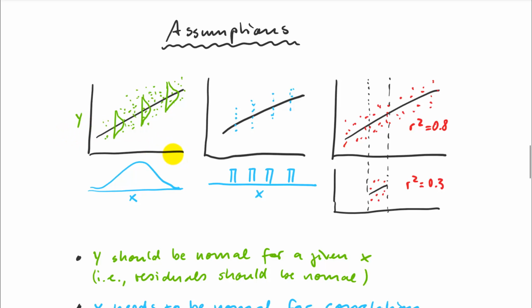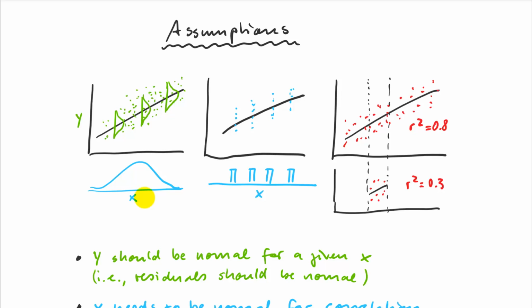In analysis of variance, your predictor variable is actually fixed. Either it's a continuous variable that you only investigate at certain levels, or it's a class variable that has an effect on your dependent variable. Conceptually, that's exactly the same assumption here. So my residuals have to be normal after the effect of x has been accounted for. You can actually use the exact same syntax in R to do a residual plot and investigate your assumption